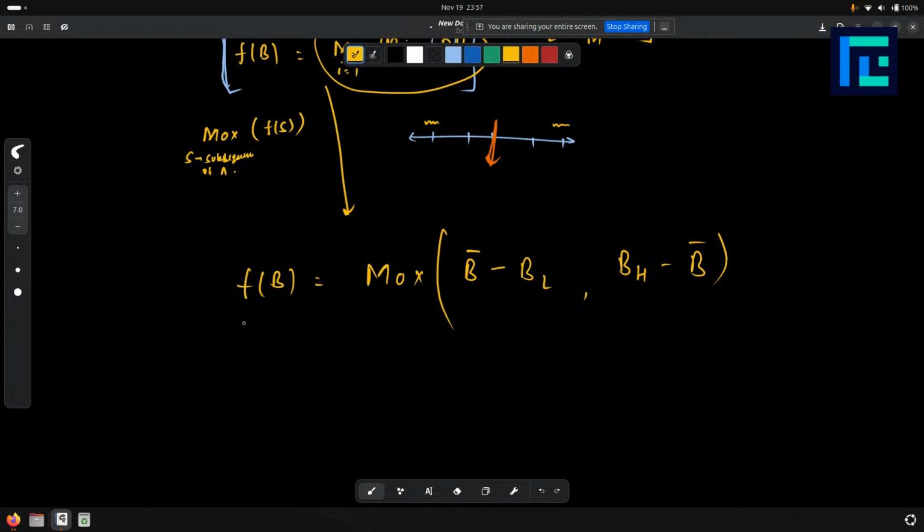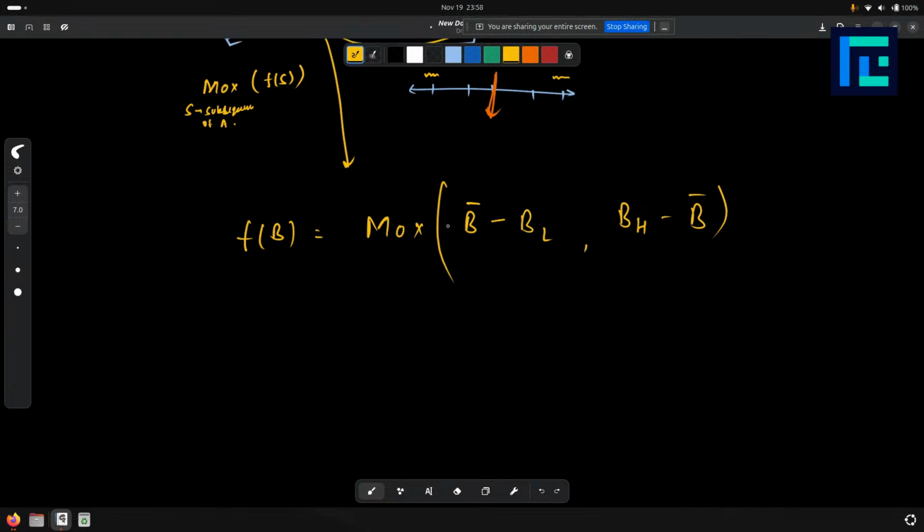So we have found this. Now our problem changes to the maximum over s, and f of s we can write as max of s bar minus sl, comma sh minus s bar,